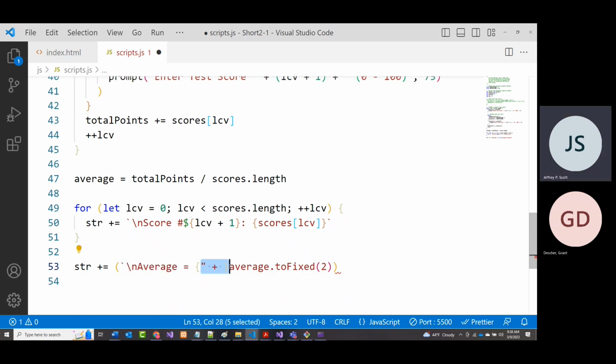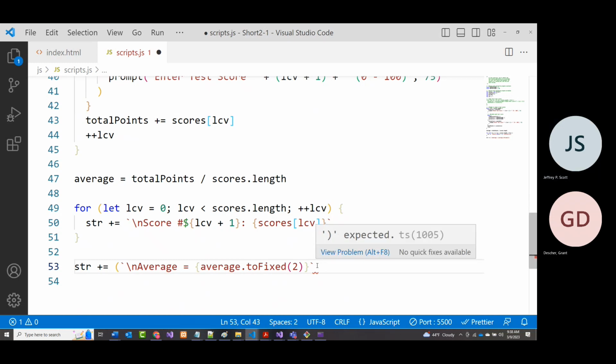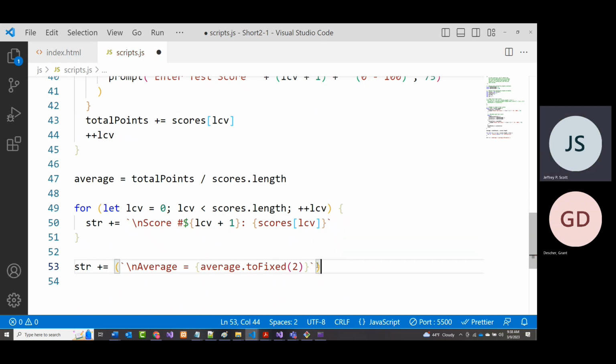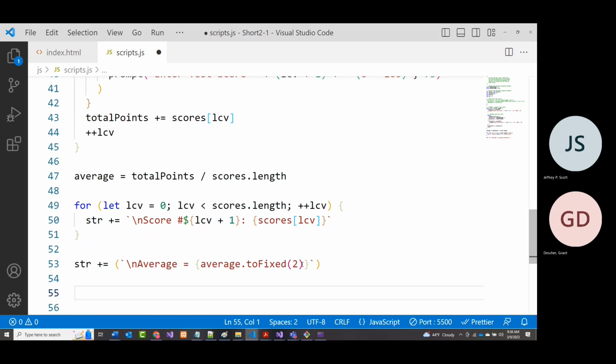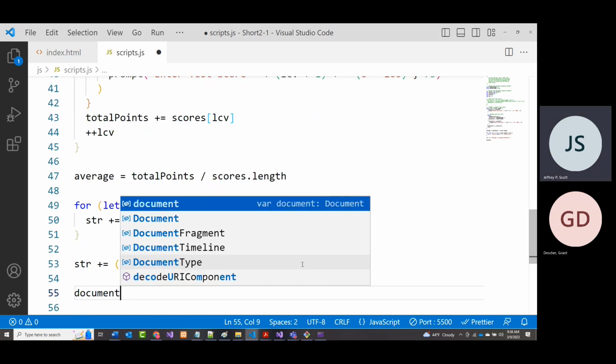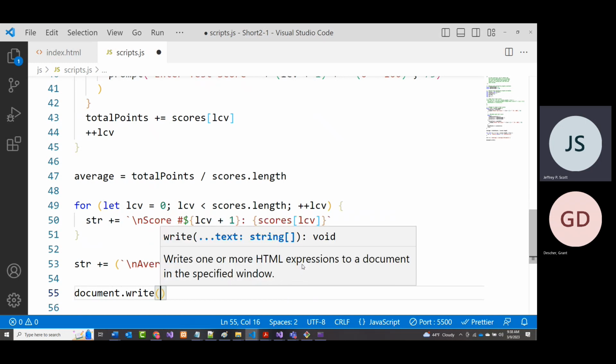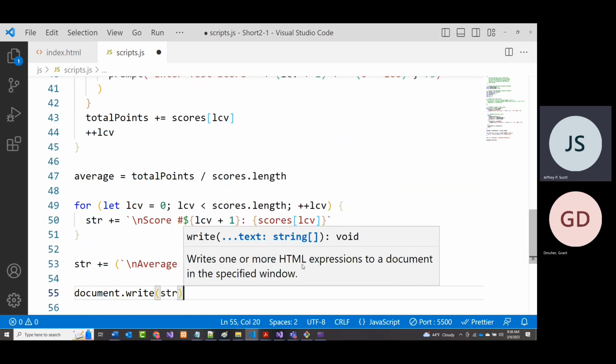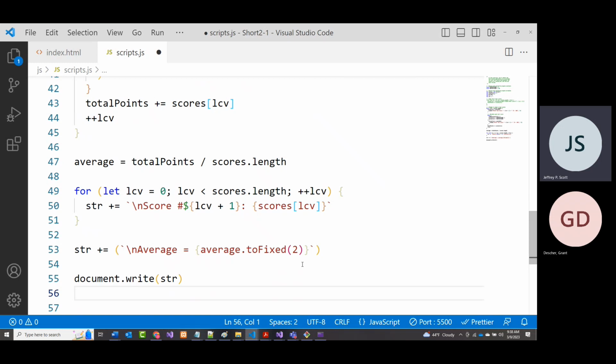So we can come in here and say average dot toFixed to 2 decimal places like that. All right. And end our backtick. Okay. Now it doesn't like something. So it looks like I am missing a parenthesis. There we go. All right. Then I don't know if it'll take a document.write. It didn't seem to like that before, but document.write str. And just in case it doesn't take that, we'll do an alert